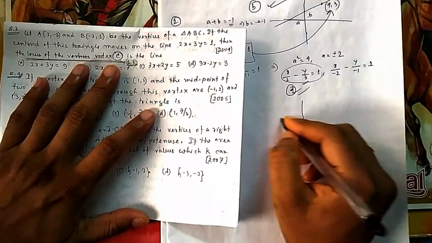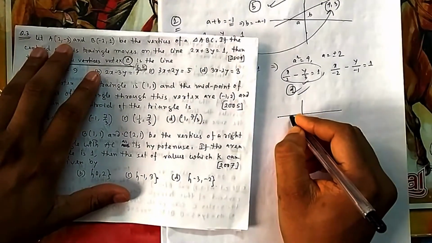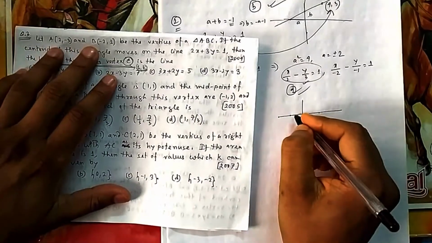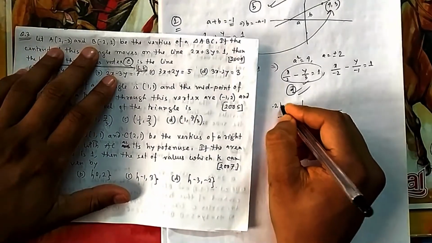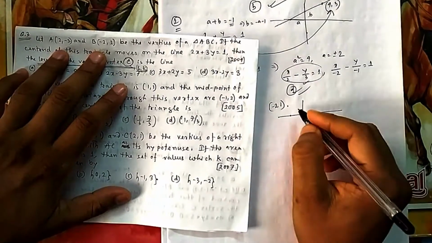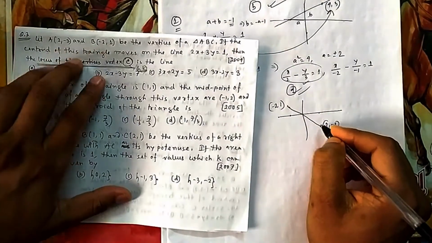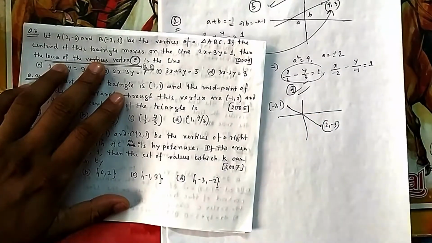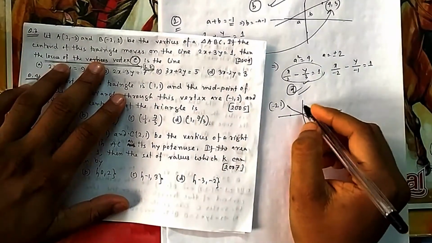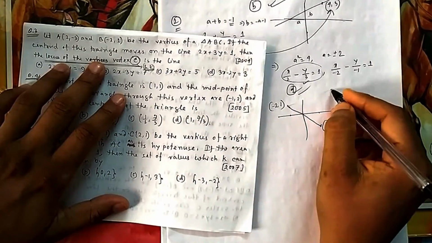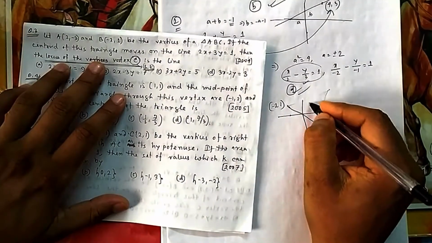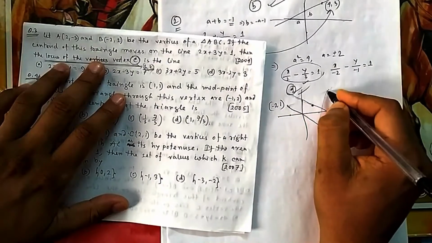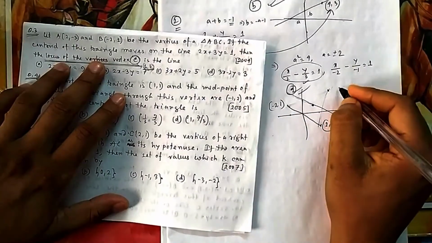They have given two vertices, (2, -3) and (-2, 1). Roughly you sketch (2, -3) here, and (-2, 1), as the vertices of triangle ABC. If the centroid of the triangle moves on the line 2x plus 3y is equal to 1, the exact line is not required here. So the centroid is something of this fashion, suppose this is the line, and this is the centroid. I don't know, it can be this side, it can be that side, anywhere.